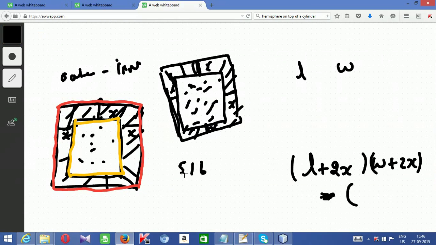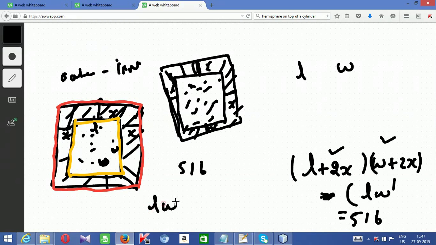outer rectangle. If suppose this is L and this is W, the length is L plus 2x, and the width is W plus 2x. So (L plus 2x)(W plus 2x) minus L into W is equal to 516, which is given in the question. Fine. So now when you multiply this, you will get LW plus